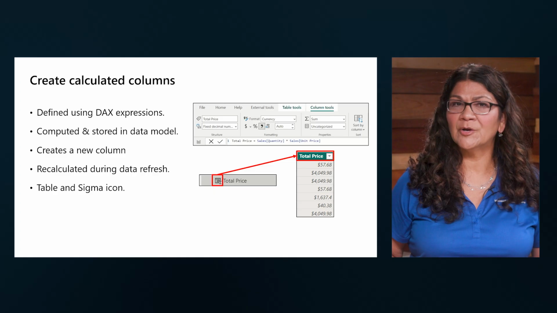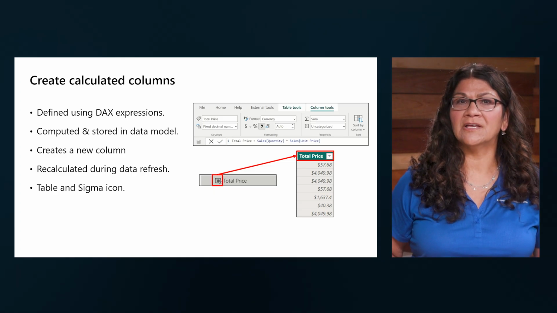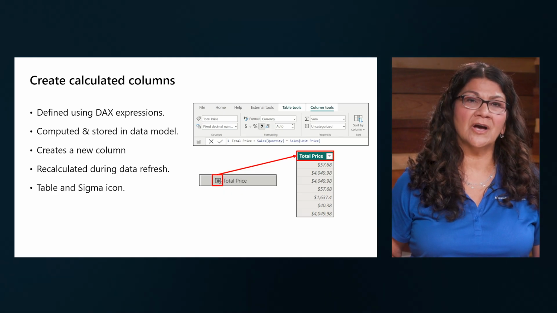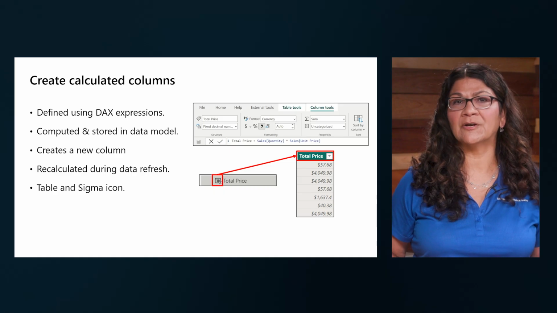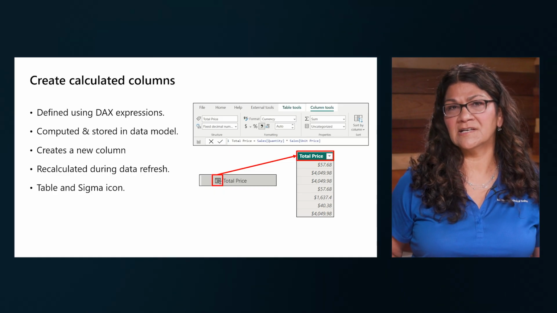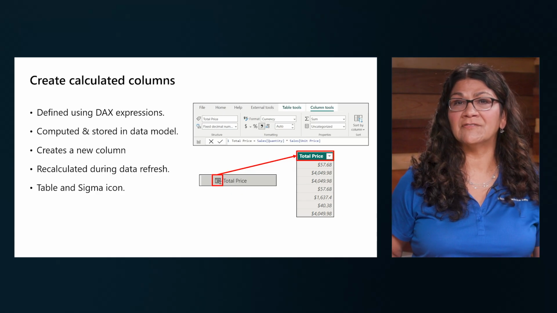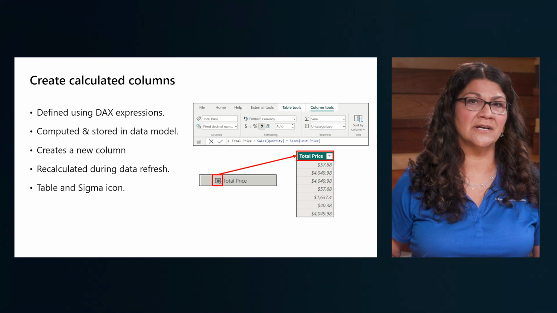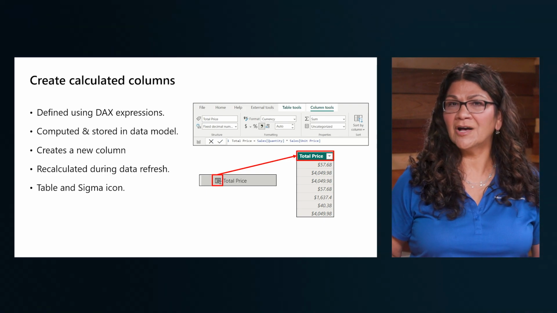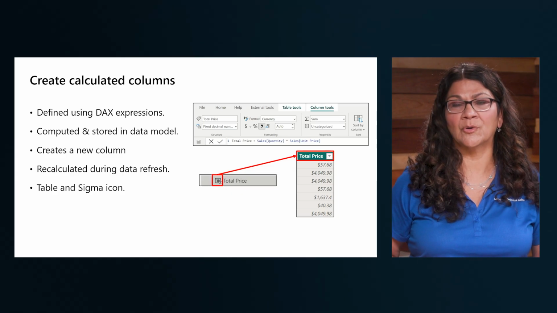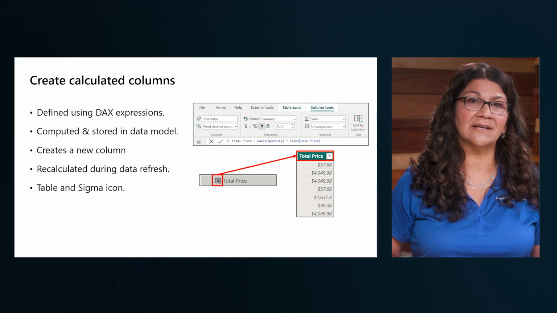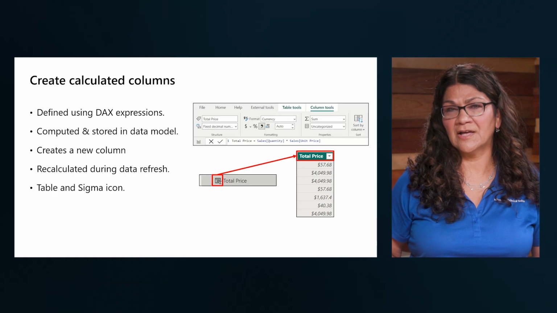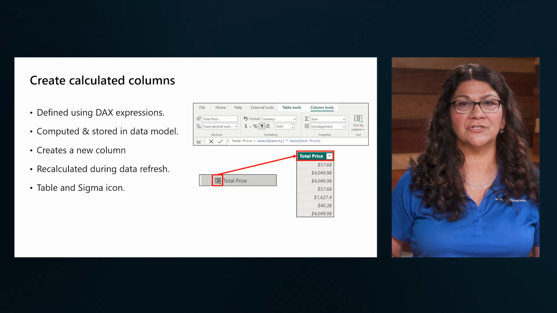A calculated column in Power BI is an extension of a table that uses a DAX formula to evaluate values for each row. It allows you to augment the data from different sources by creating a column that didn't originally exist. For example, let's say you have a sales transaction table with columns like order ID, product ID, quantity, and unit price. However, there's no column for the total price amount per order. Using DAX, you can create a calculated column called total price by multiplying the quantity and unit price values for each row in the sales table, as shown here.